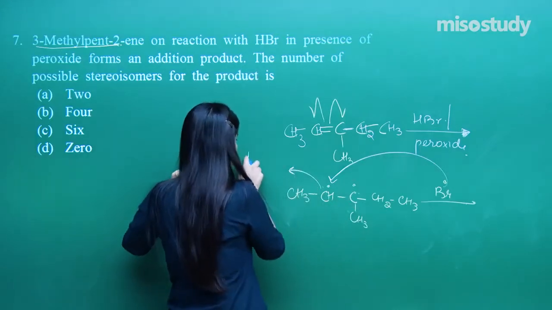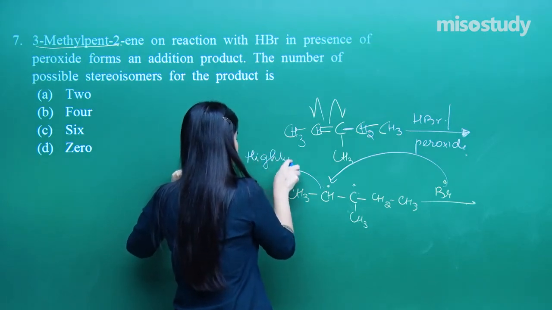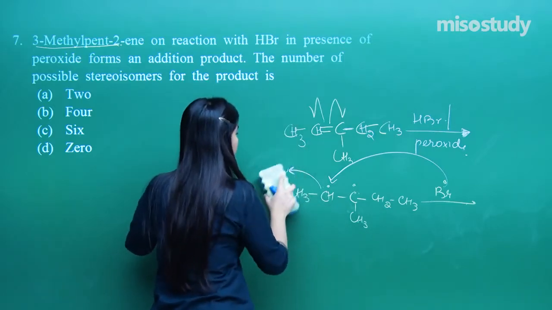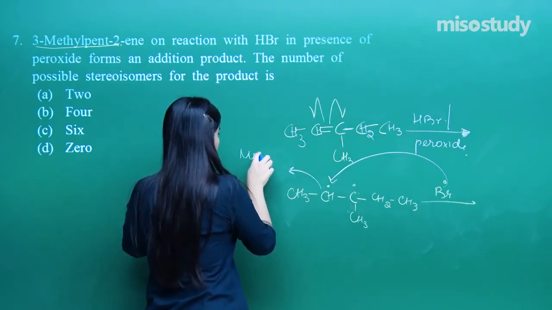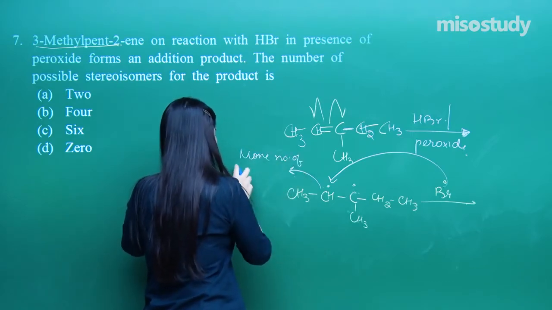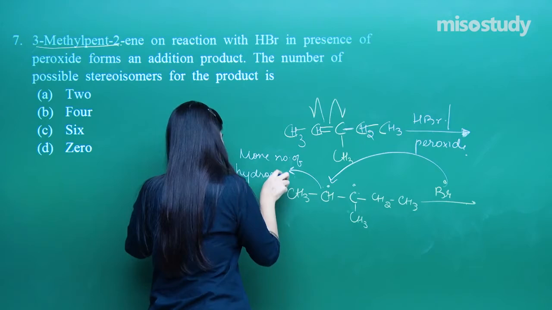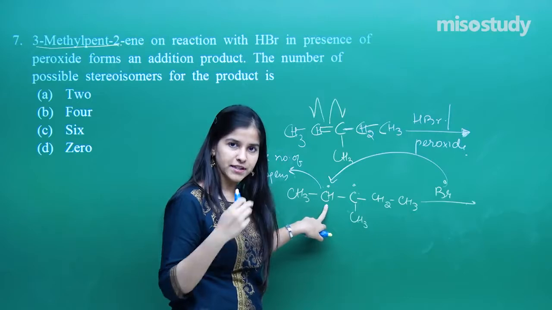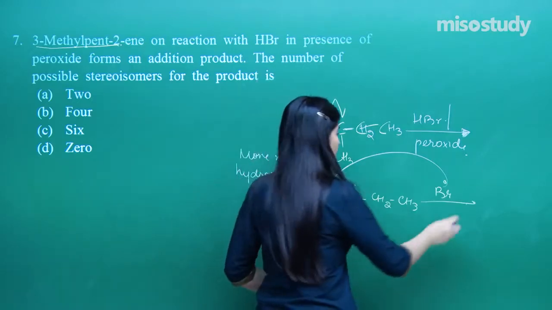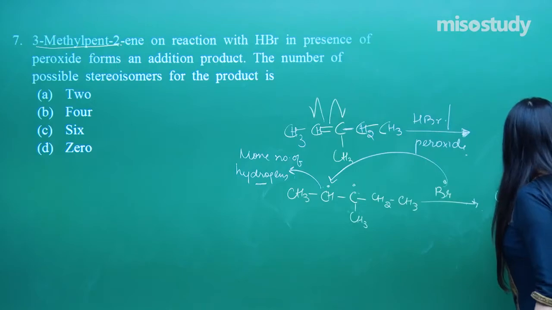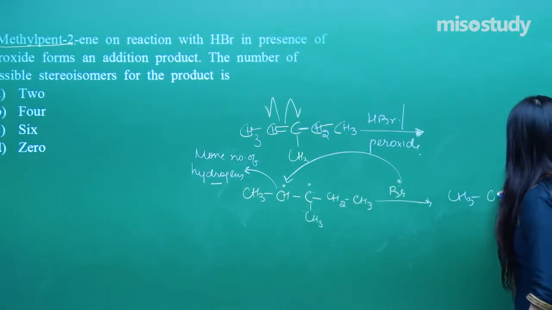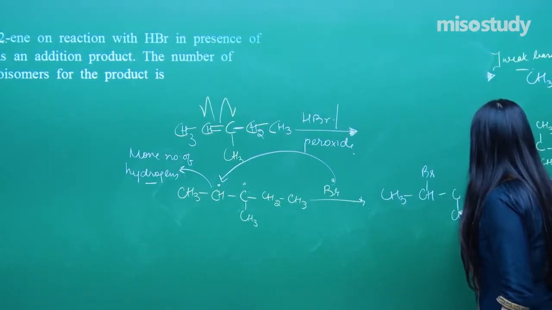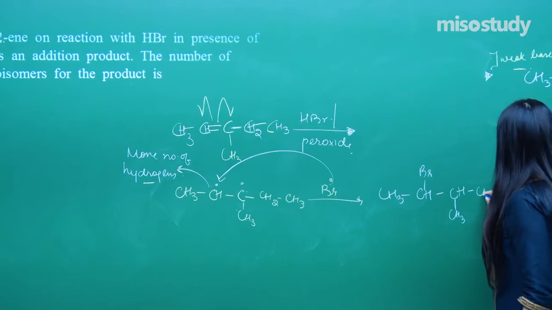This is highly substituted, or I can say having more number of hydrogens. That will be our approach. So out of the two, this is having more number of hydrogens. It has got 1, it has got none. So what do I have? I have got my answer over here. The first step of the question is very much clear now. And the remaining H over here.